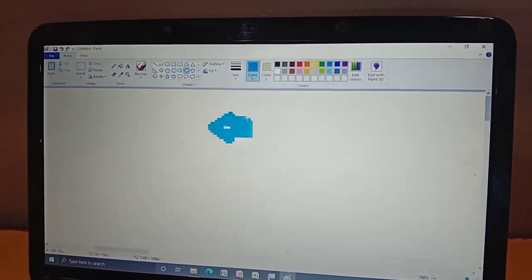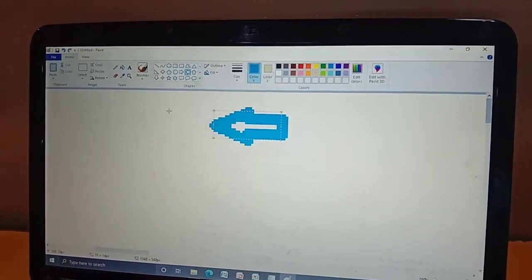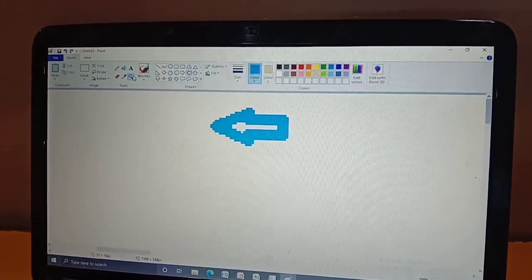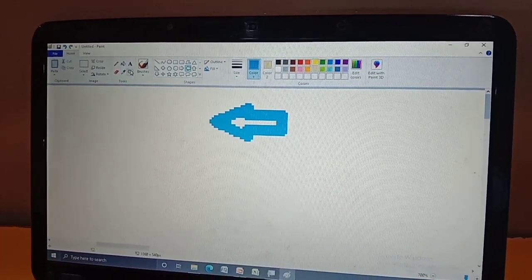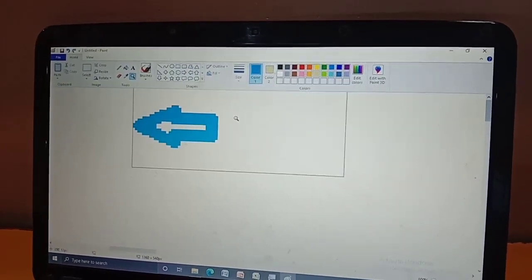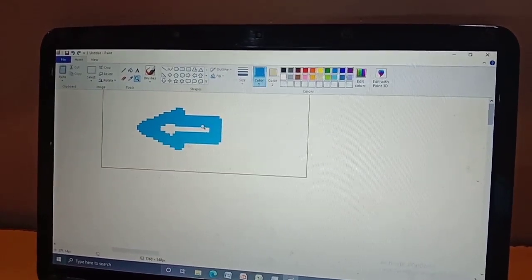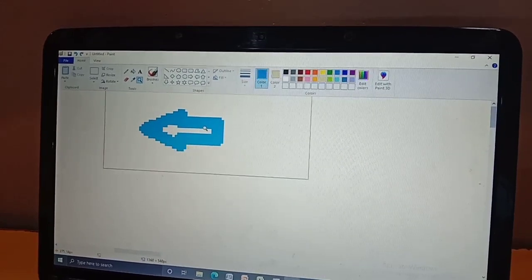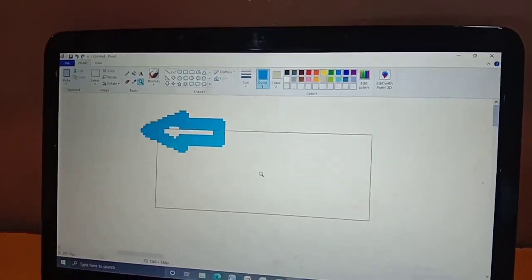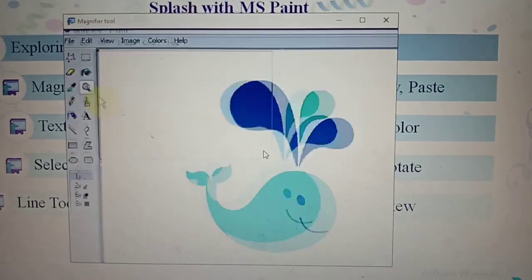See, I'm drawing another image. Select a particular image and it will keep on enlarging. So this is the magnifier tool icon.